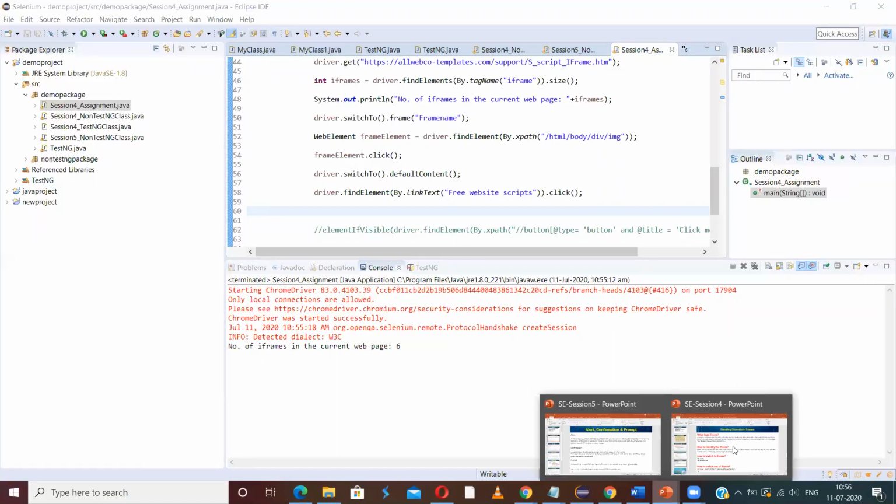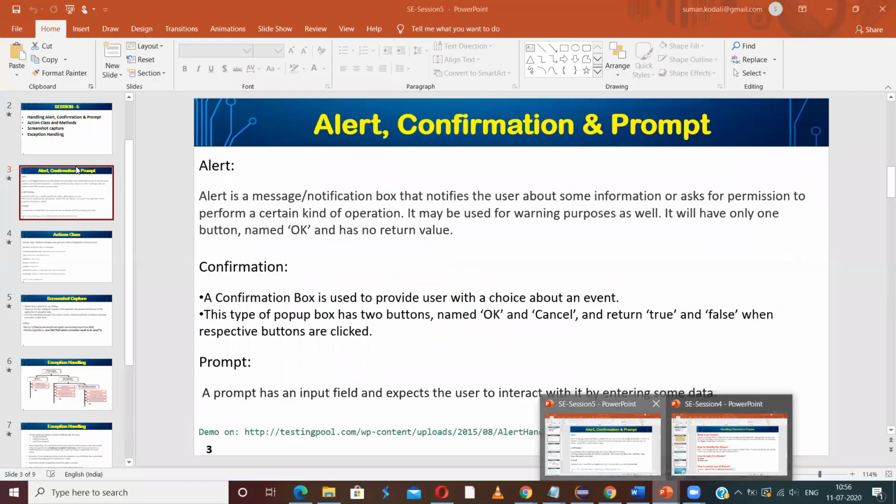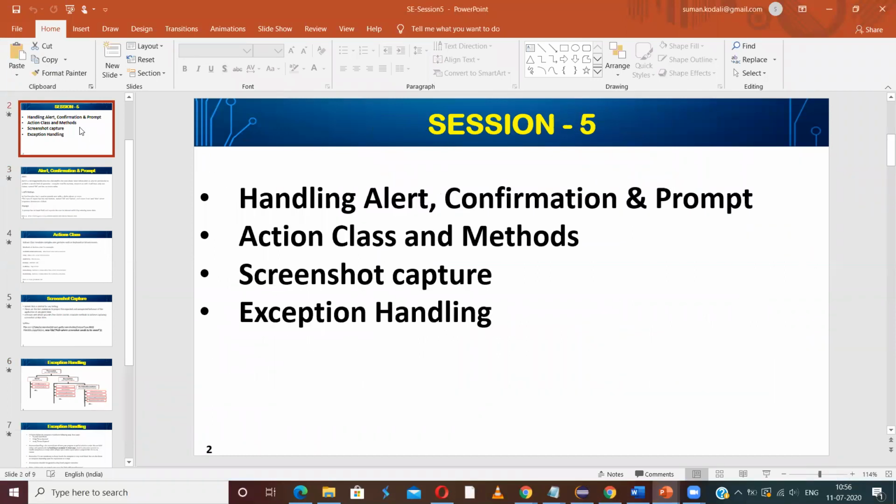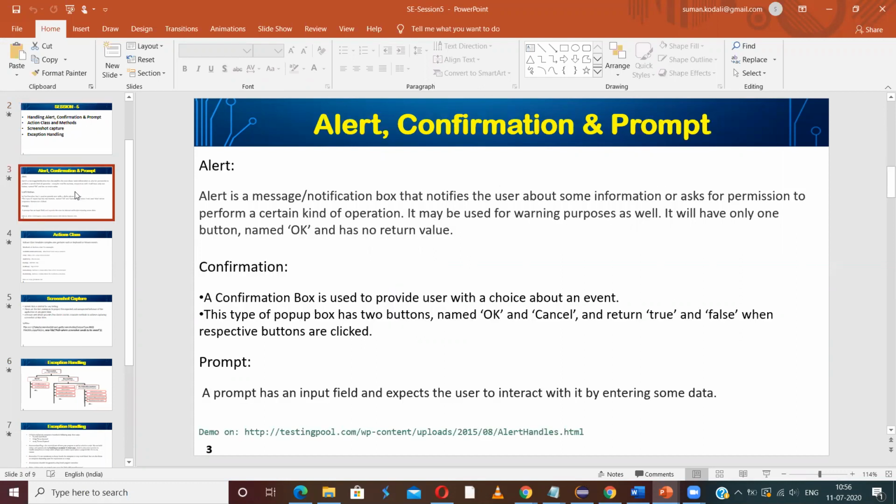In session 5, we will be covering how to handle alerts, confirmations, and prompts. What are these? These are different kinds of pop-ups as part of the web browser.